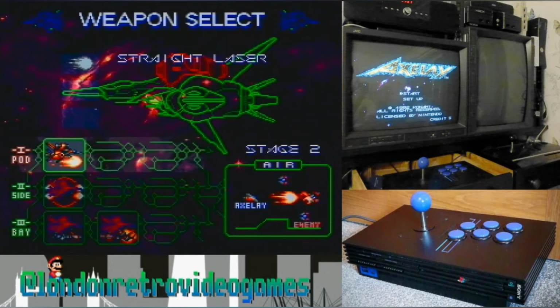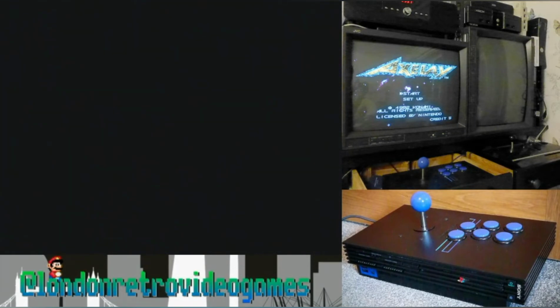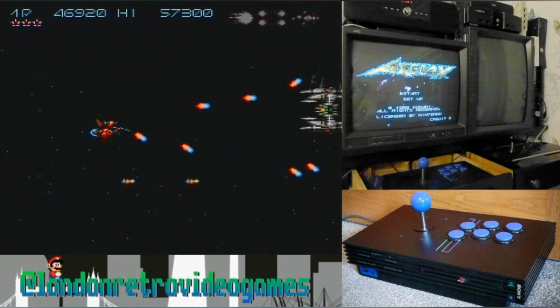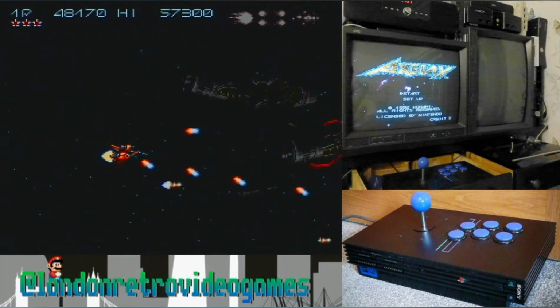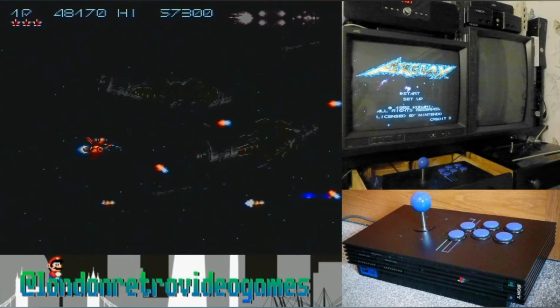So yeah, I've actually done not too bad though. I usually lose a life on the first level. And as you go from level to level, you get upgrades to your ship and newer weapons. So here we've gone from the vertical scrolling section with all those lovely Mode 7 effects to